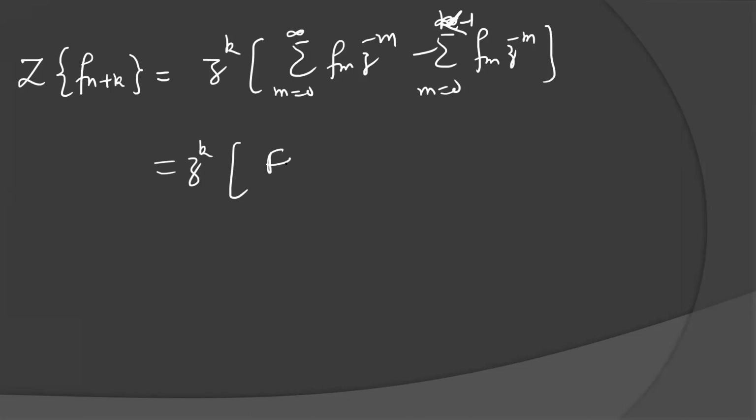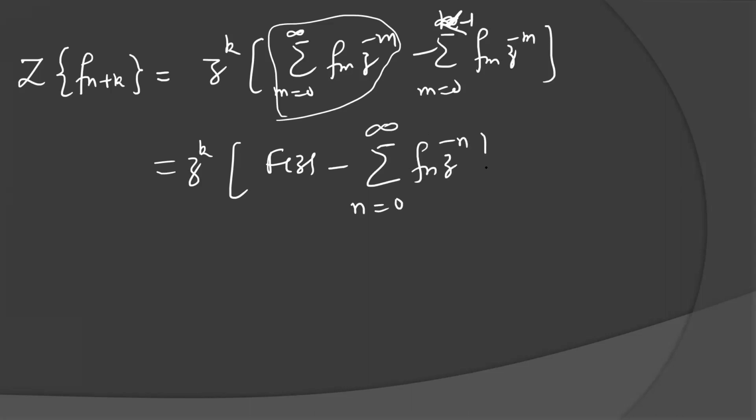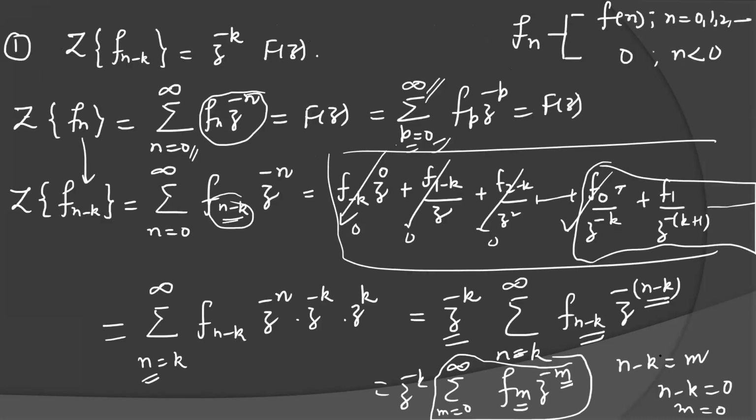It is F(z) only. It is the z-transformation of the f_m sequence or the f_n sequence, meaning the same, because you can change the parameter. Here you can also change the parameter. You can write sum from 0 to infinity of f_n z to the power minus n. Here m and n are not related with the previous formula. This substitution is only a dummy substitution. It will work for only one step.